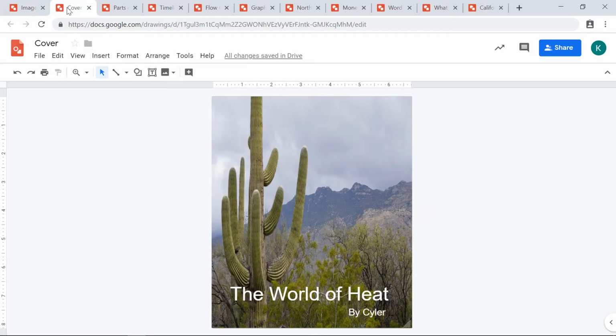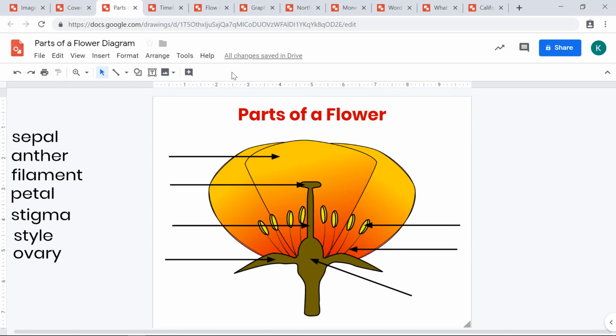book. The next example is very similar as well. This student was writing all about deserts, and he wanted to create his cover with a real photo of a desert. So what he did was change the size of this Google drawing to 8.5 by 11. He simply found an image, put it on there, and then inserted his title and his name for the author. After he's finished, I can easily print this out and he can staple it to his handwritten book. The rest of the uses for Google Drawings are not intended to be printed, but they always can be, of